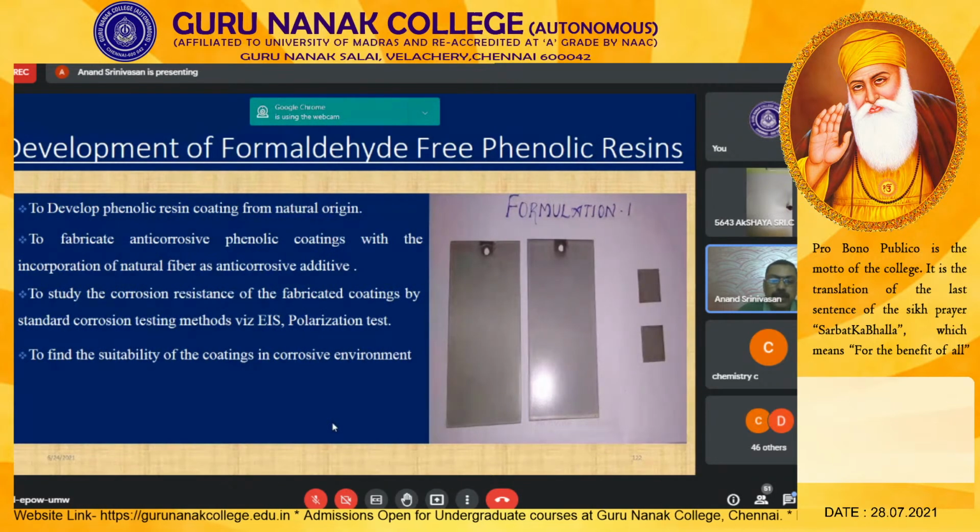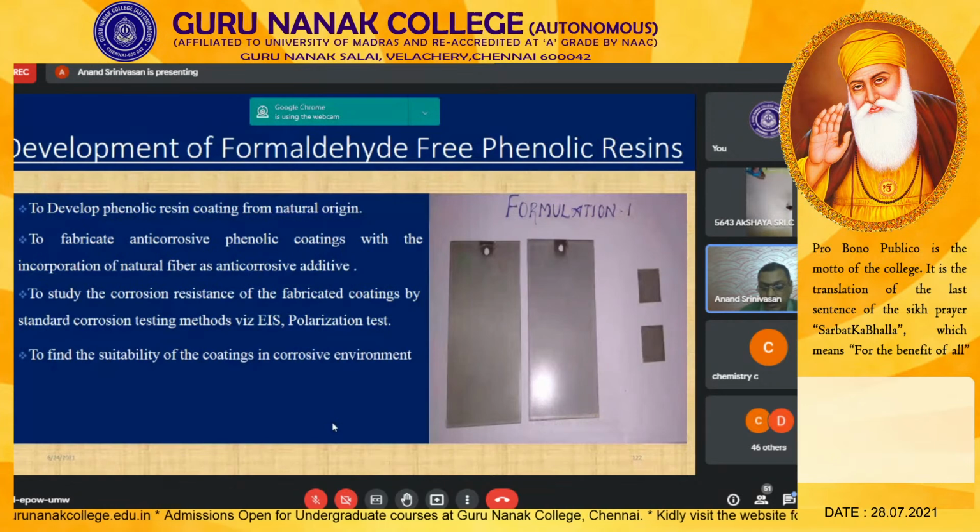So we have used phenolic resin from castor, cashew nut shell oil, and formaldehyde, which we were able to obtain from natural process like inhaling and exhaling. We were able to get formaldehyde because of incomplete combustion in our body, that gives you formaldehyde. So this one, again, we applied for a patent. We are yet to get the result. So this one is applied as an anti-corrosive coating on mild steel.